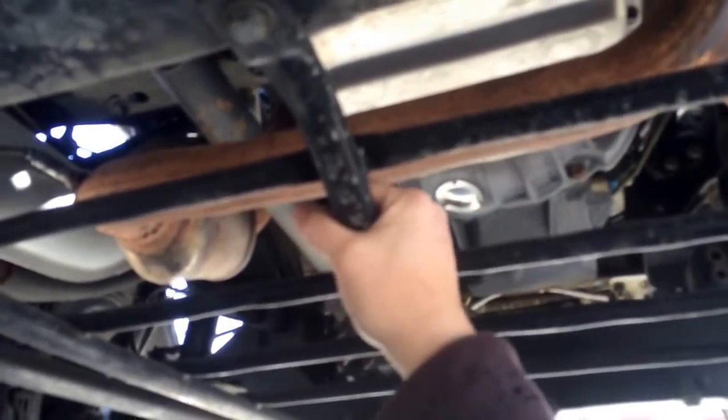Alright, part 2, ladies and gentlemen. We are doing maintenance on the Hummer H2. We're going to do a lot of the fluid changes from under here, also the back over there. Step 1 is most likely going to be to take this cage off. It looks like